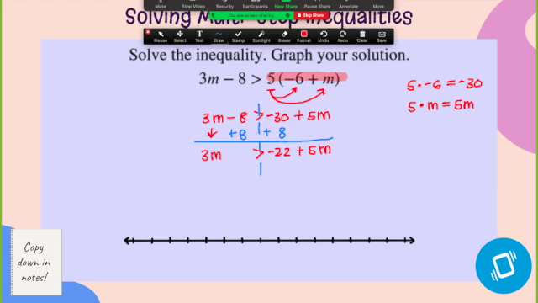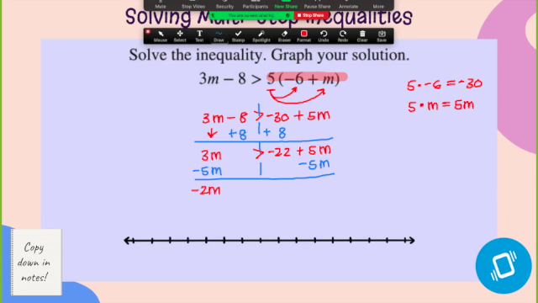The next step is to move the m's. I'm going to move the 5m to this side of the equation. That way I can just get 1m. And so I'm going to subtract 5m to both sides. When I subtract 5m to both sides, I'm left with